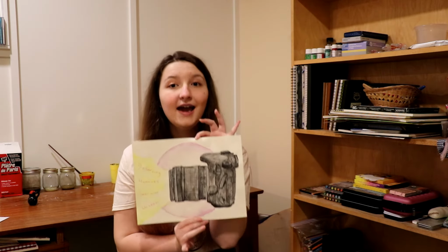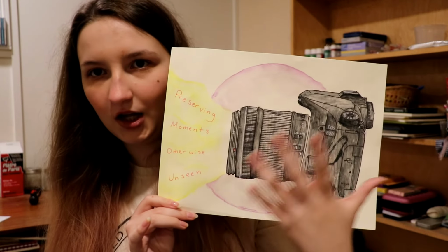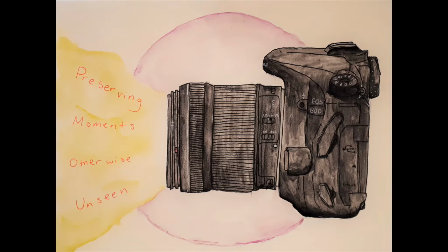And that's something, right? The next piece I have to show you for this class is probably my favorite thing that I made for this class, and it is this drawing of my camera. I didn't realize I had never drawn my camera before. This is before I painted that other piece for my art class of my camera. That's what inspired that. We had to draw something about a community we were a part of, and I'm like, well,